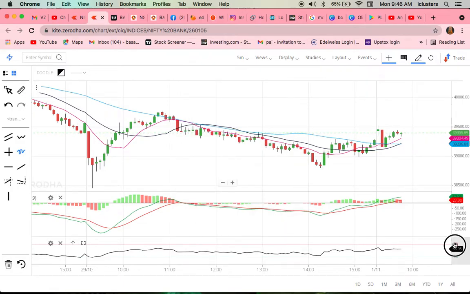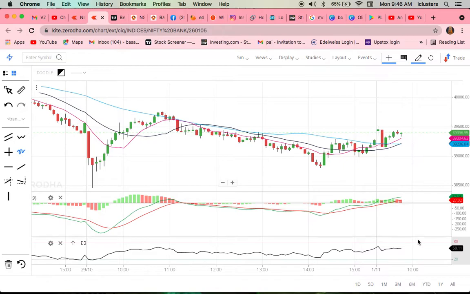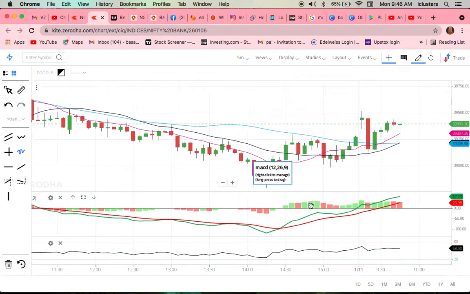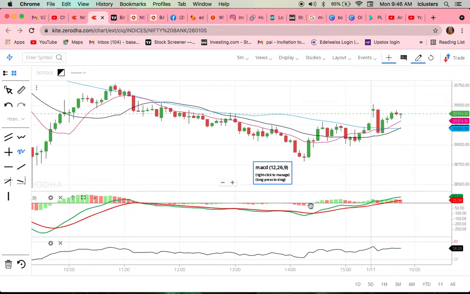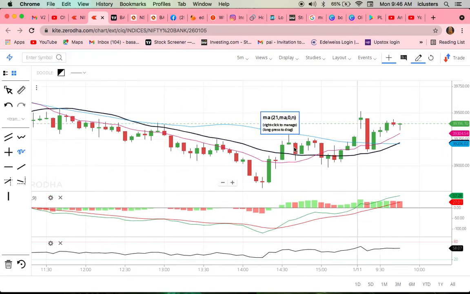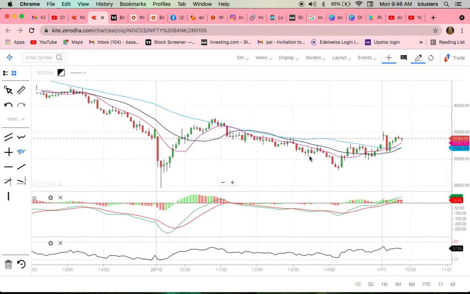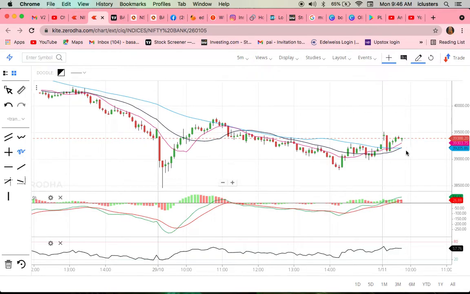See, this is the RSI I have applied now, and this is the MACD I have put in as indicators, and here are the 200 days moving average, 20 days moving average, and 50 days moving average I have selected. And in this 5 minute candle it was not showing properly what the trend is today, whether it was moving uptrend or downtrend, but a little bit uptrend, and it was moving sideways.